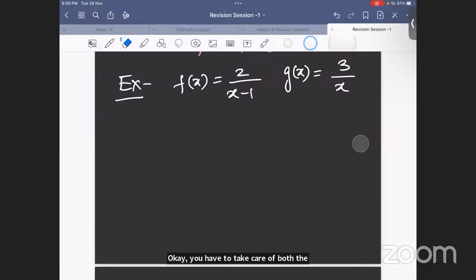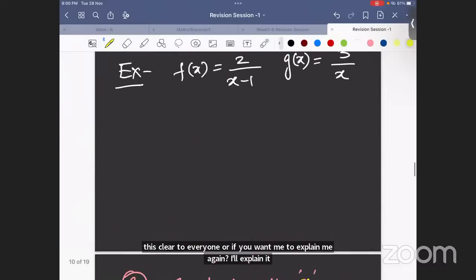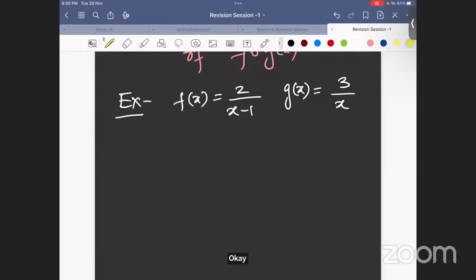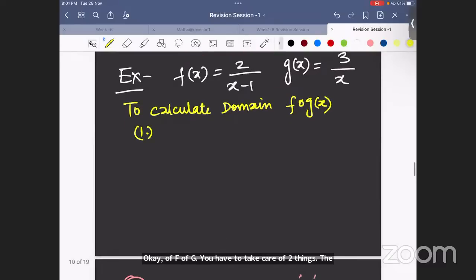Is this clear to everyone? Or if you want me to explain again, I'll explain it. Sir, can you explain once again? You will be getting similar types of problems in the exam. Okay. See, what I was saying is you have to take care of two things to calculate the domain of f of g. The first thing is you have to exclude